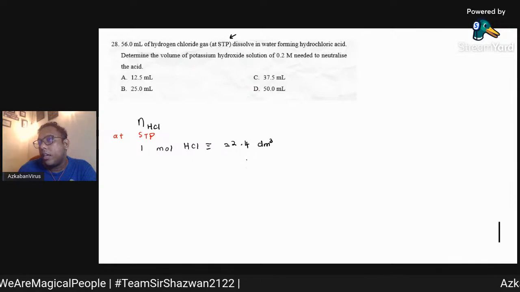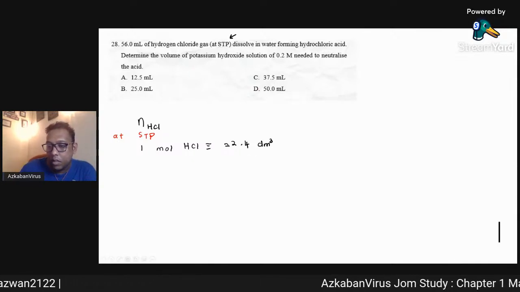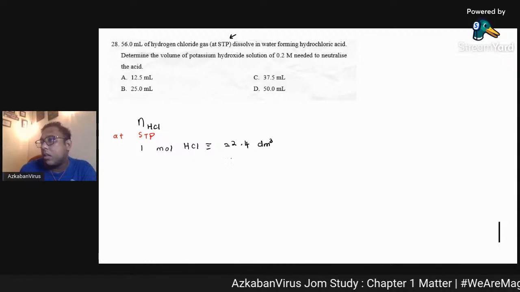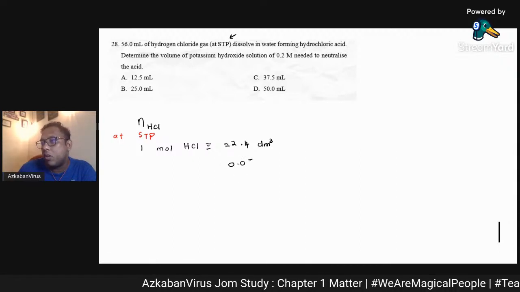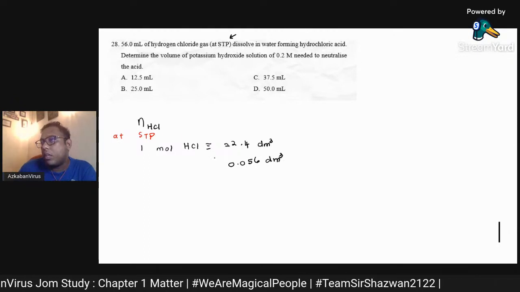So kalau you ada 0.056 dm cube, ini sama dengan